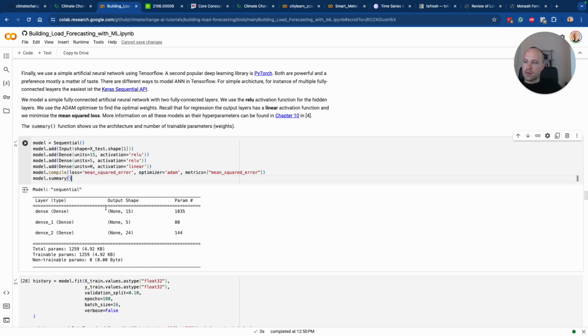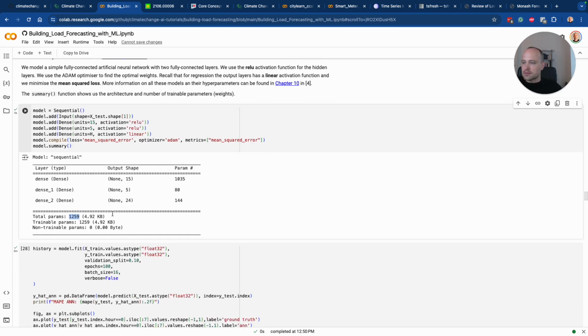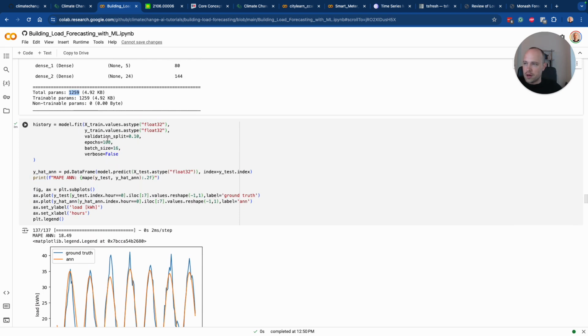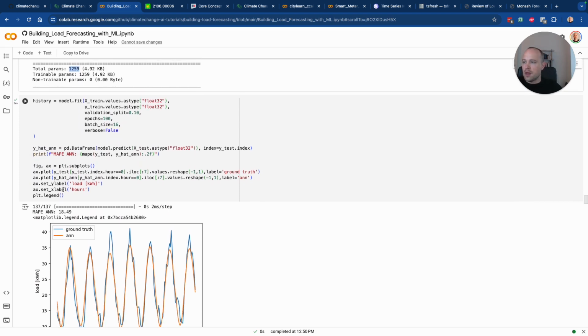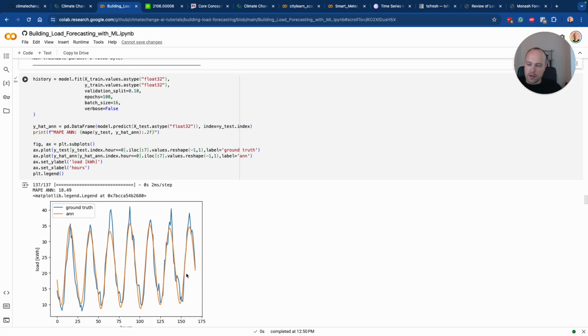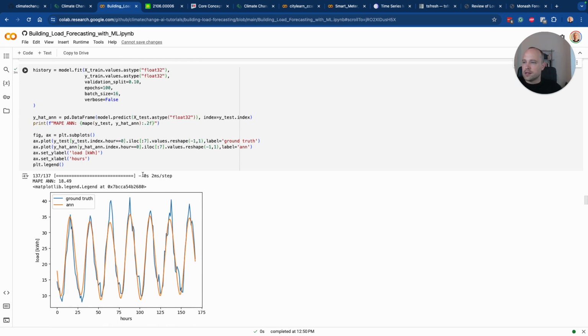And then this is what the model looks like. It has 1,200 parameters, so far away from the millions and billions of parameters that large language models have. And we can even go simpler with that, right? And then we can fit the model, train the model, and see the prediction and the ground truth, and we can see that a neural network can also model this, and we can see that the mean absolute percentage error